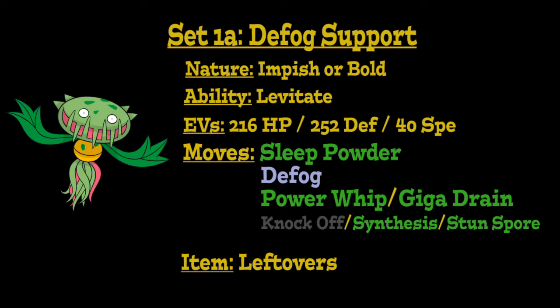So by changing up our nature to be either Impish to increase our physical defense but lower our special attack, or Bold to increase our physical defense but lower our physical attack, and giving us an EV spread of 216 HP EVs, 252 physical defense EVs, and putting the remainder 40 EVs in your speed stat to allow you to outspeed base 50 speed Pokemon you fall just short of outspeeding with your base 46 speed,